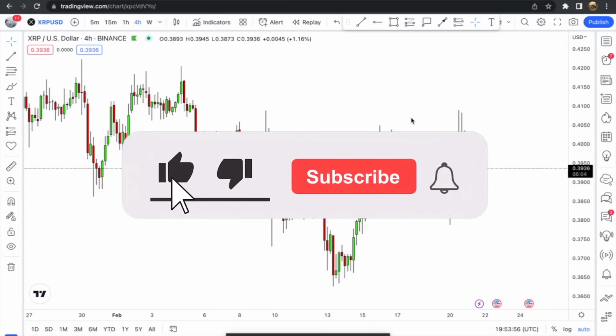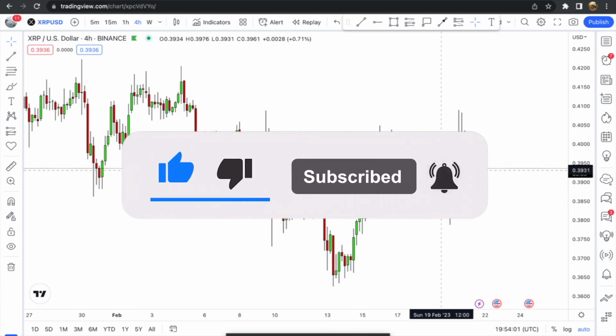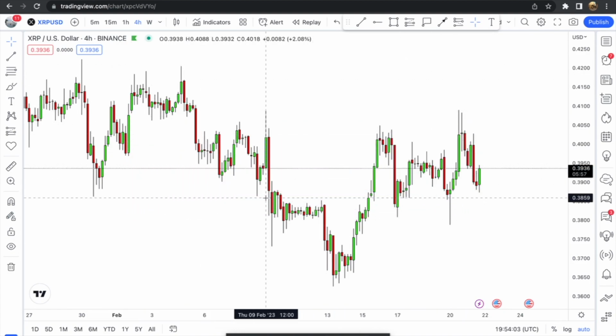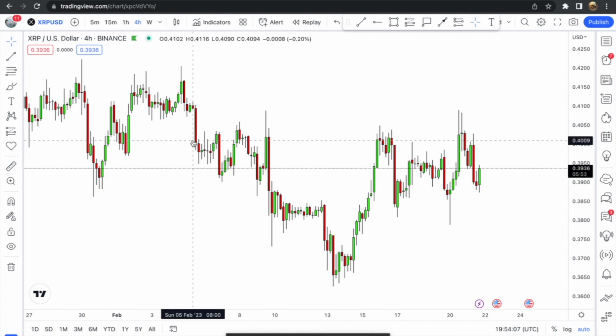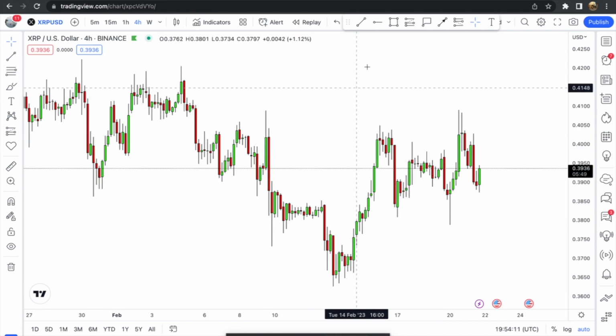So I'm just going to do a little bit of analysis for you on XRP using the 4H time frame. Now I'm only going to look at this bit of data that we can see here. Now I don't feel like it's too important to go back in time. Now what we can see basically simply is that price is moving down here and now we've started to push